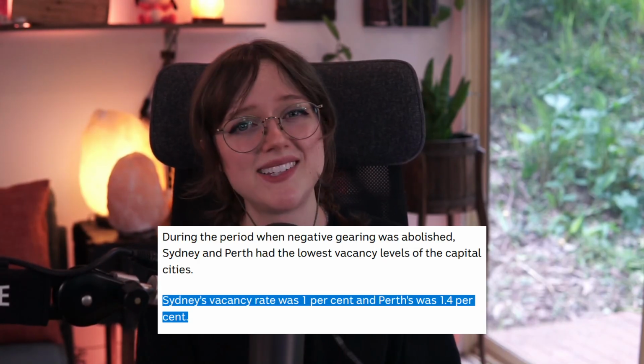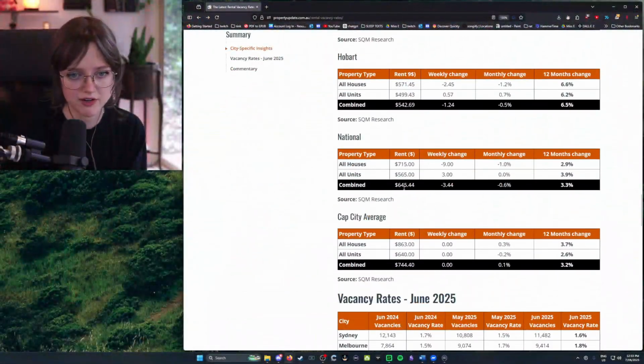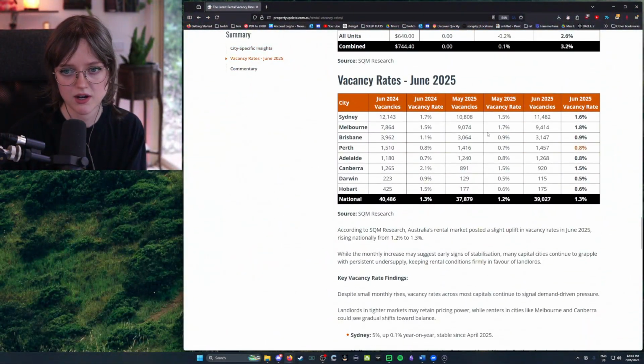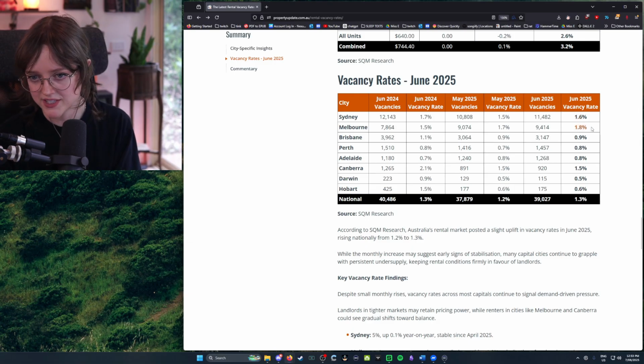In general supply and demand terms, if you have a surplus of something, you get competitive reduced prices. But if there's few of something, people know that they can charge more for that thing. And during this specific period, Sydney's vacancy rate was at 1%, Perth was at 1.4. For reference, the current vacancy rates in all the cities are, wait, holy shit, 1.6% Sydney,